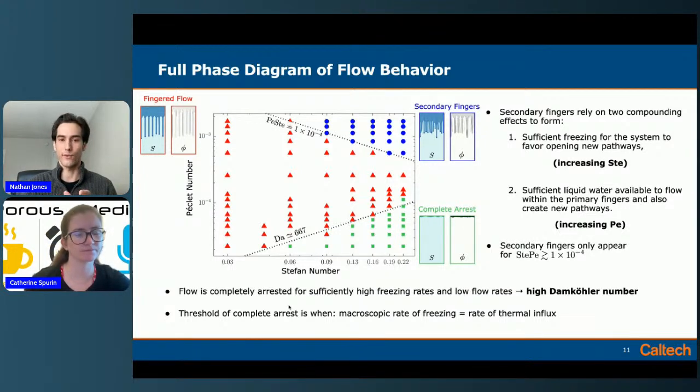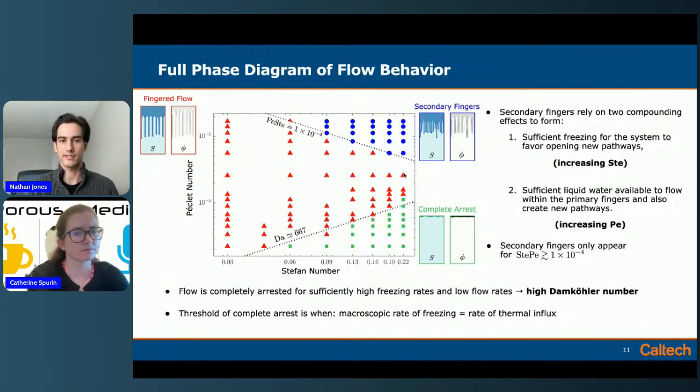I think there's only around 4. From very fine to very coarse snow, there are only about 4 where we have a very substantial record of all of these properties, like the water retention curve and everything. So this is for one snow type, which here is fairly coarse snow. Of course, the Peclet and Stefan numbers have thermodynamic quantities associated with them, and also geometric quantities like the length scale.